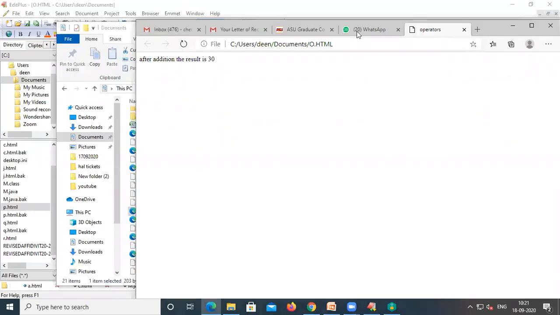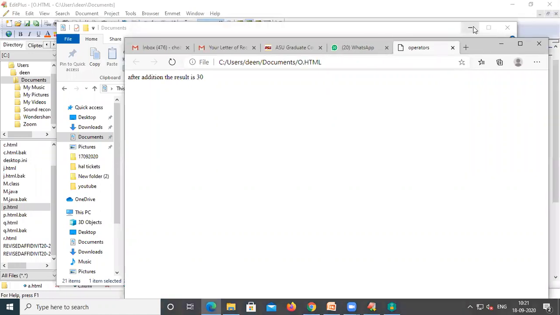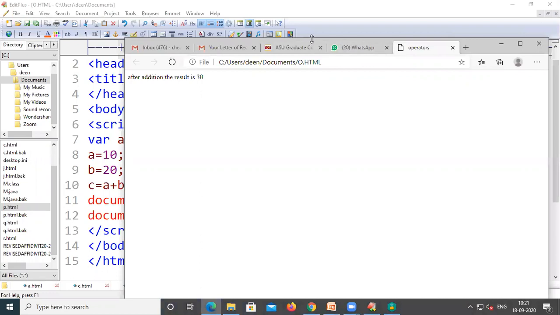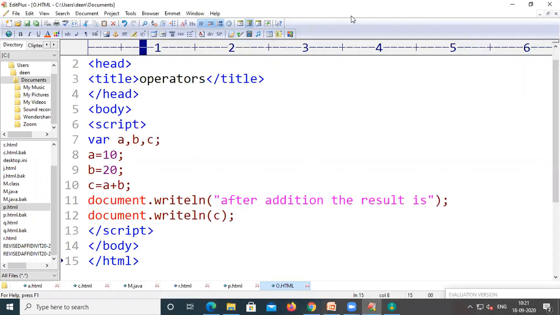So let us compare these two things. Let us compare the programming window, and at the same time I'm closing all these extra tabs along with the output window.